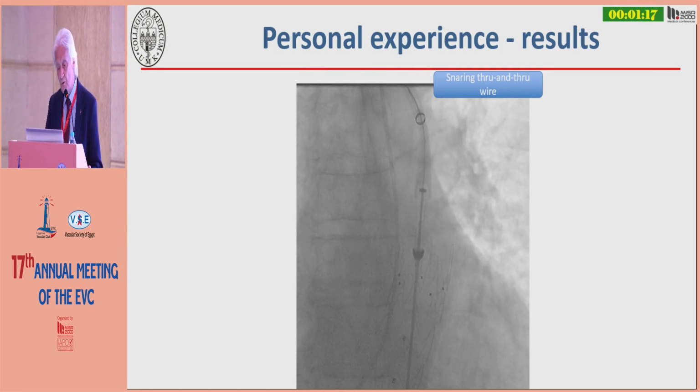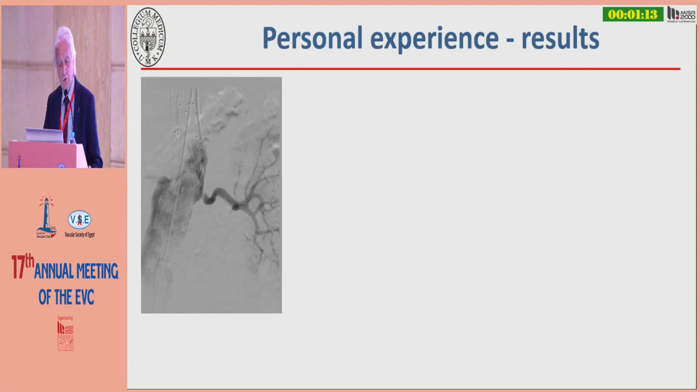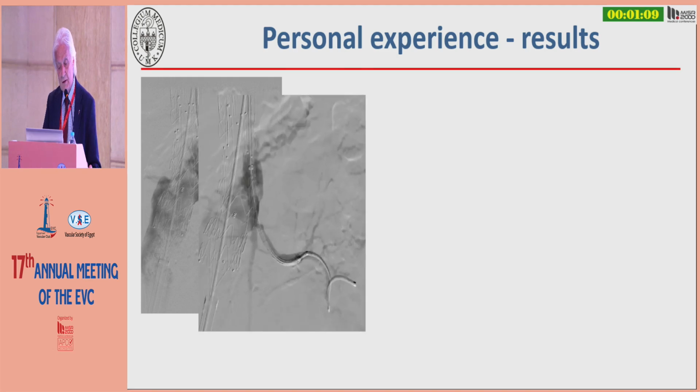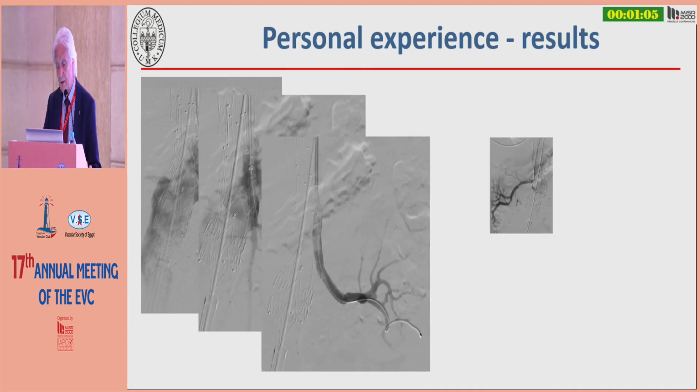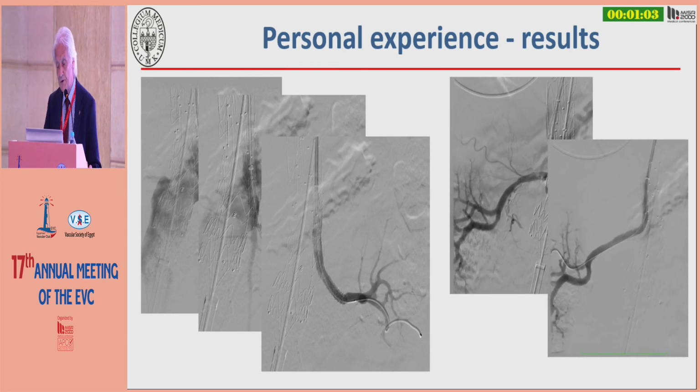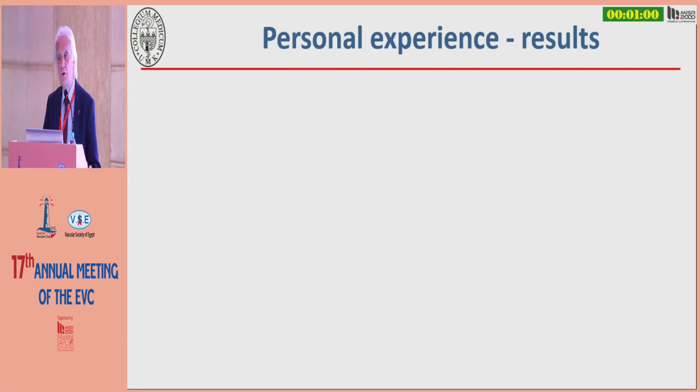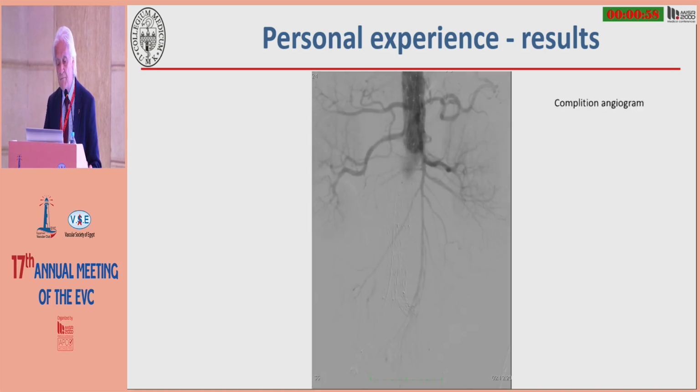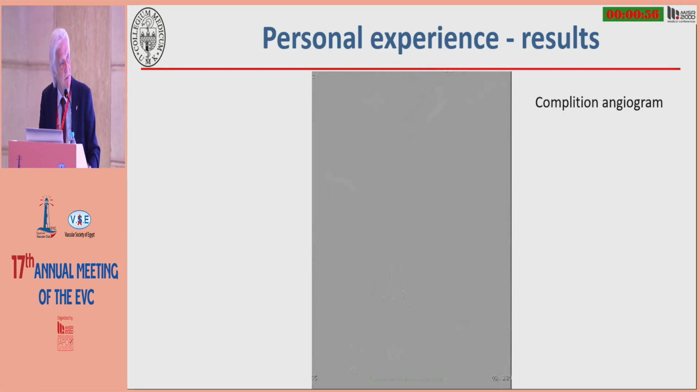That's usually a 014 guide wire that allows you then to cannulate with a special catheter inside of the renal arteries. You then deploy the stent graft here, and you do the same thing on the other side of the renal arteries. You cannulate in the same way the CT as well as the SMA, and this is the completion angiogram showing